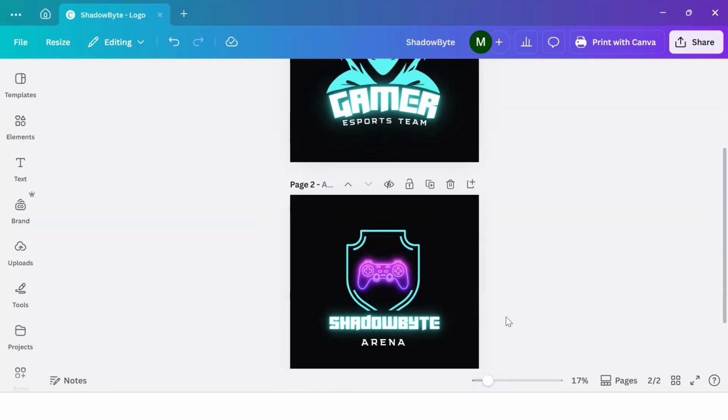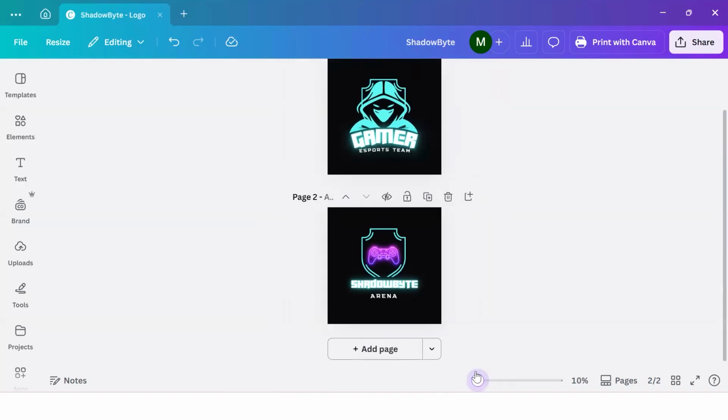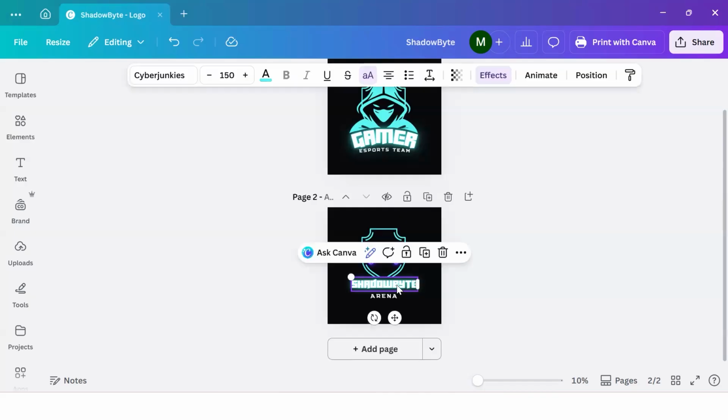As we can see, zooming out and looking at our logo, you have to ask yourself, is it readable? Is it balanced? Does it match the brand personality we defined? And then if required, you can make small tweaks to your existing logo. You can adjust spacing, resize elements, align everything neatly, and keep it simple, not overcrowded. As you can see this right here,